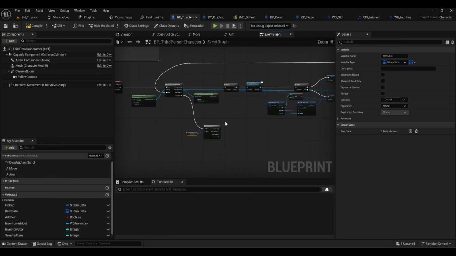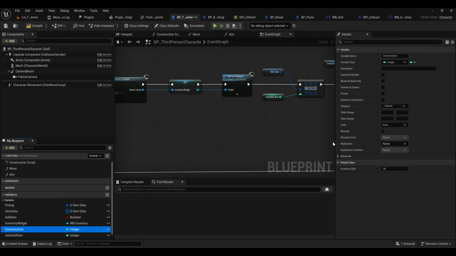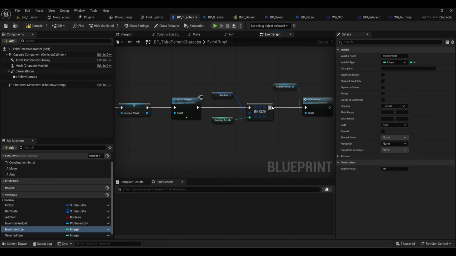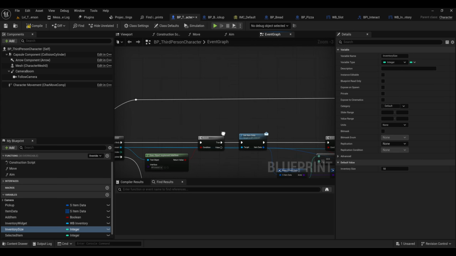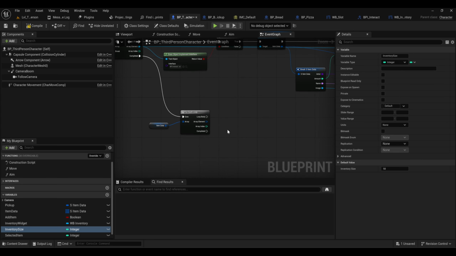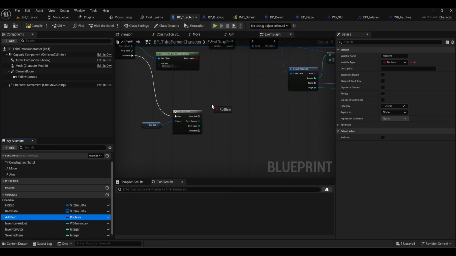And what this essentially is going to do is, because we've created our inventory of 10, and now we populated it with blank data, what we want to do is make sure that the correct data is filled in. So what we want to do next is get our as item, if you just drop it there,